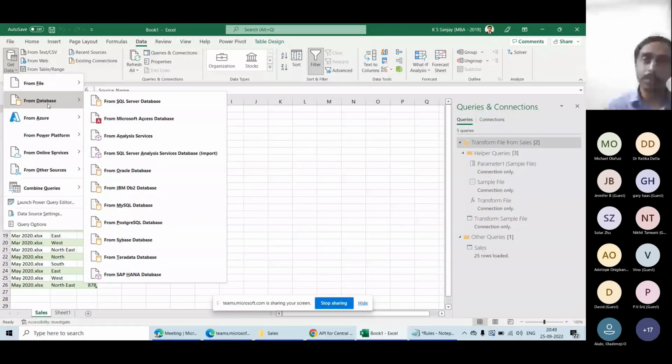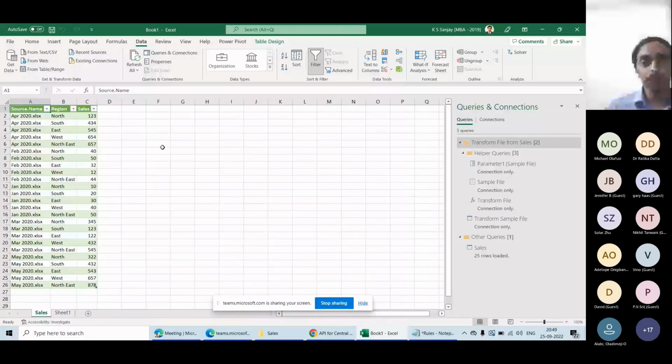And the advantage of learning Power Query is that the same Power Query is also present in Power BI. So if you learn Power Query in Excel, the Power Query in Power BI is exactly the same. You don't need to relearn it again. So the learning curve will become easier. So if you are trying to learn Power Query in Excel, that can be a very good starting point if you are planning to upskill yourself